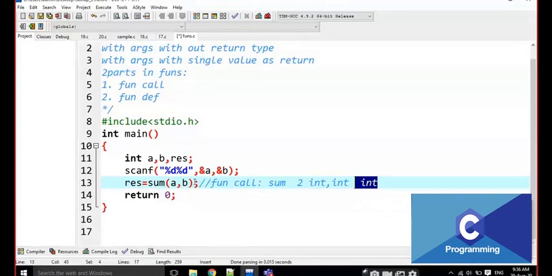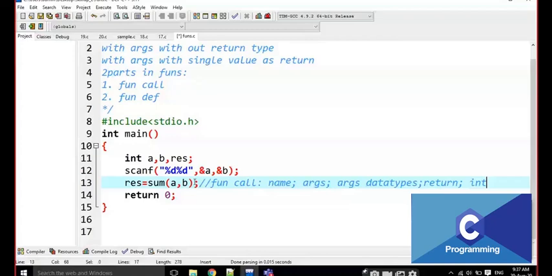When we are viewing the function call, we have to observe all these four things every time. What is the first one? First one is the name. We have to check what is the name of the function, how many arguments, the arguments' data types, and whether the function has a return. Yes, if it has a return, then what is the data type?